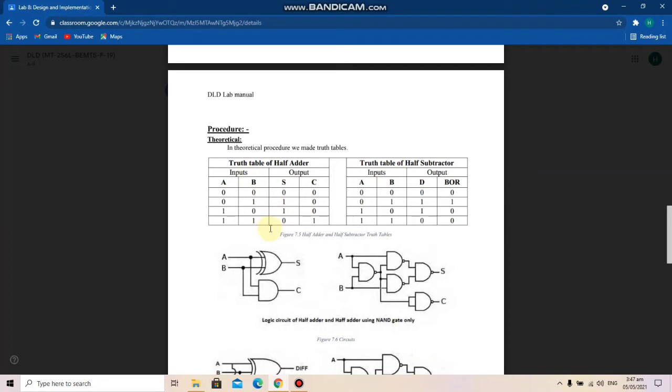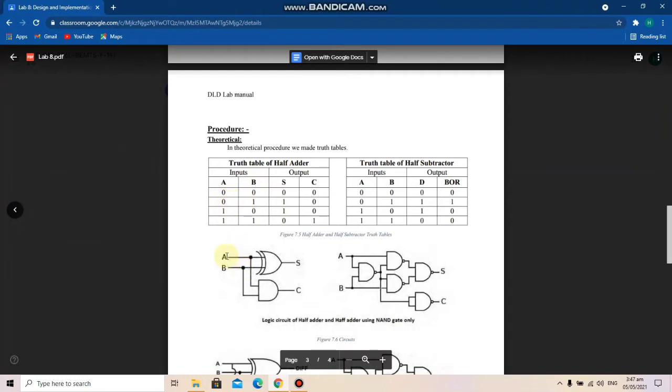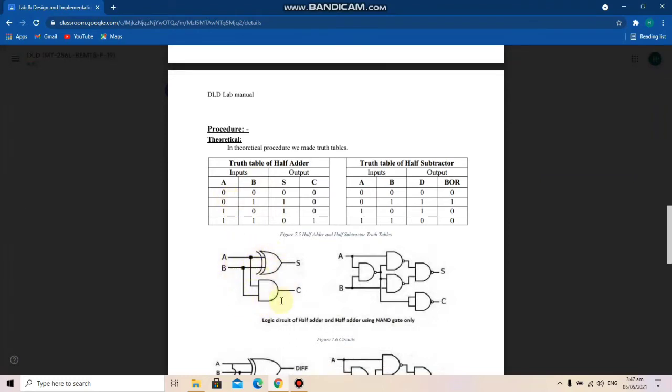And then we have created here a logic diagram in which the implementation of a half adder is being shown. We come to this by resolving this truth table by K-maps and resolving the boolean expressions that we get. We come up with this logic circuit of the half adder. We also know that NAND gates are universal gates. Any circuit can be created from just NAND gates. So we have also created a NAND combination here for the half adder.